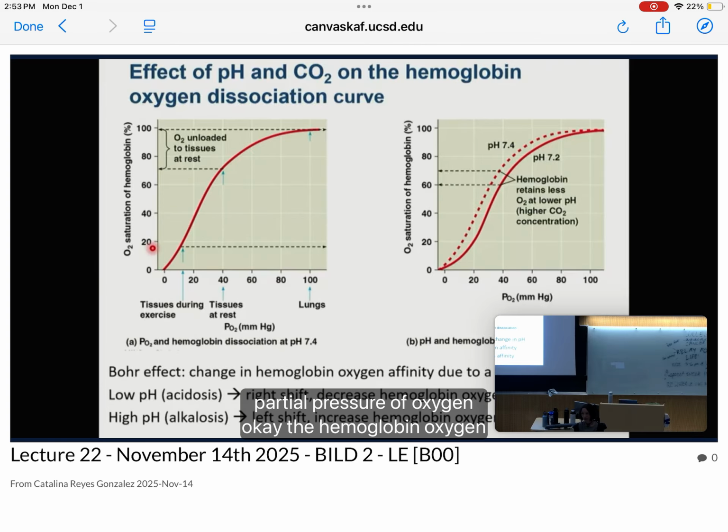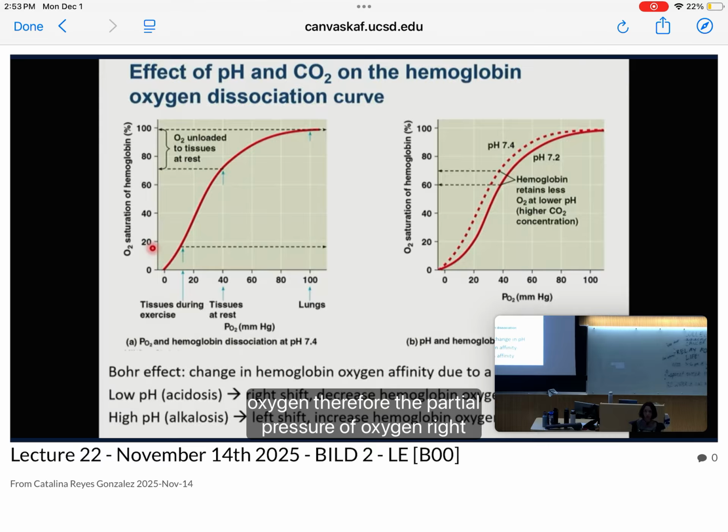Partial pressure of oxygen. Okay? The hemoglobin oxygen saturation is determined by the partial pressure of oxygen. Now, as I mentioned in the video, there are some conditions that are going to affect the affinity of hemoglobin for oxygen. The saturation is still going to depend on the amount of oxygen, therefore the partial